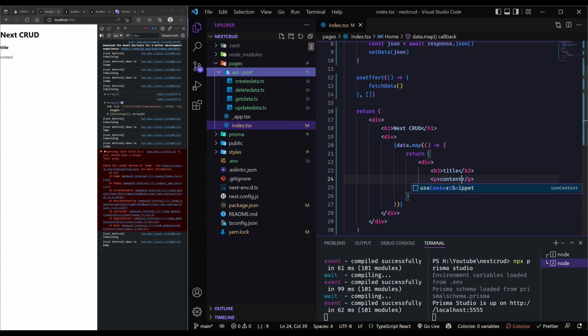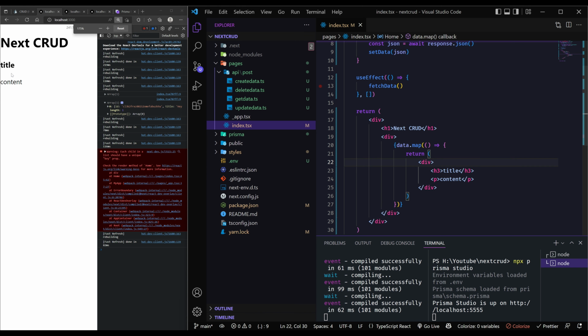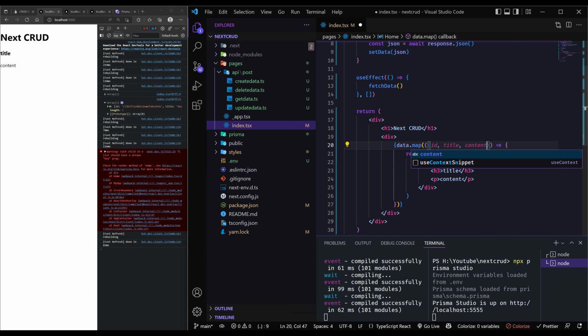Okay, cool. So you can see we have only one data, and so it's mapping one data only. But if we have more than one data, and we will create later, it will automatically map. The first thing here, you can see we have an error because we don't have any key for the map. But before we do that, we will destructure the ID, title, and content, and we can use this ID as the key